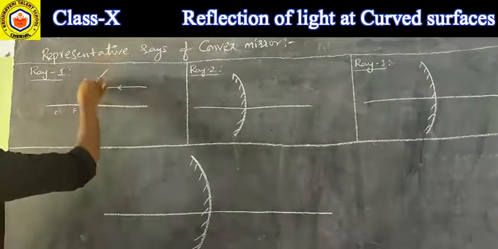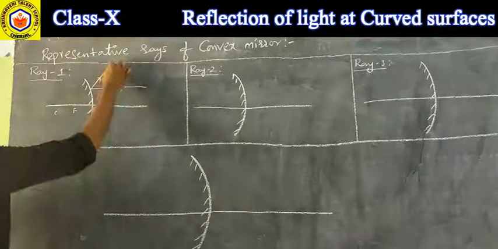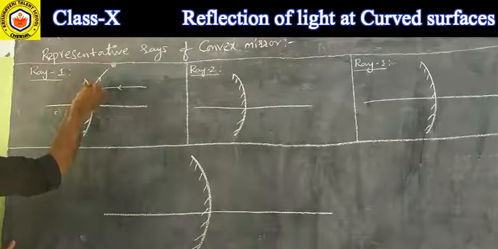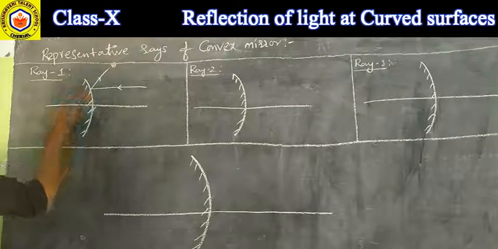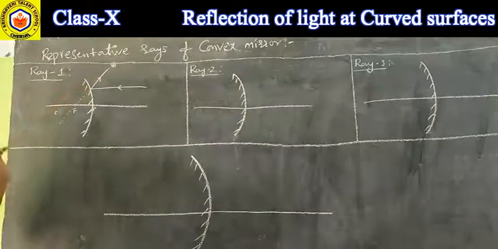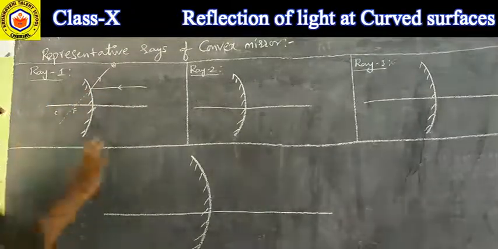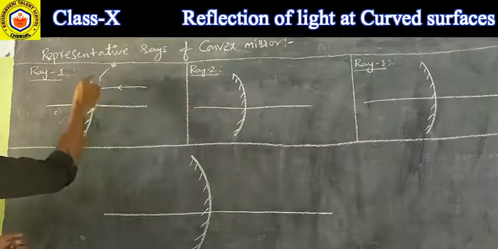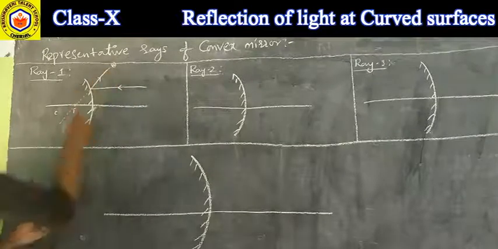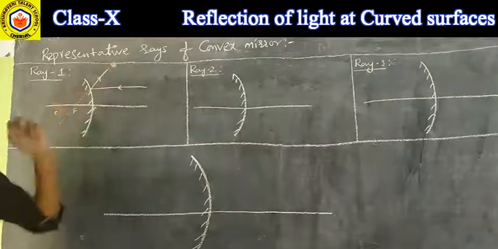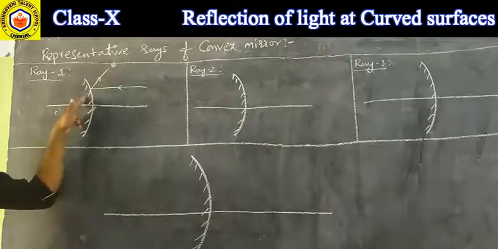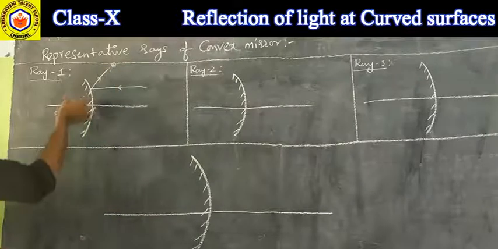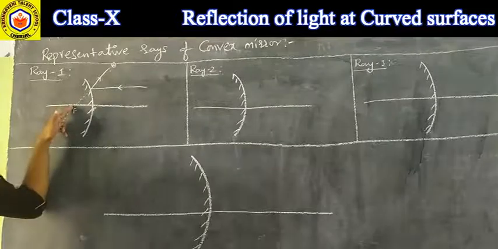But when you observe this reflected ray from here, it appears that it is coming from the focus. Now concentrate here clearly. Here these are the real rays: the incident ray, and after reflection it is getting diverged, that is also the real ray. But this is the virtual ray, it is not real. We are just extrapolating the reflected ray, which appears to pass through the focus.